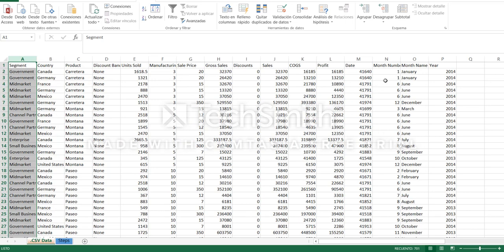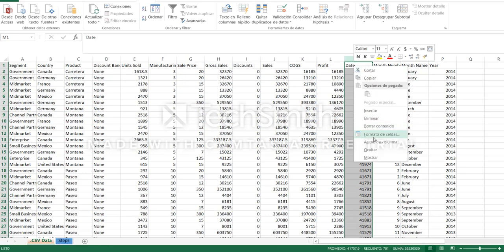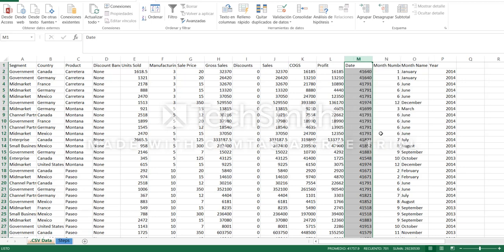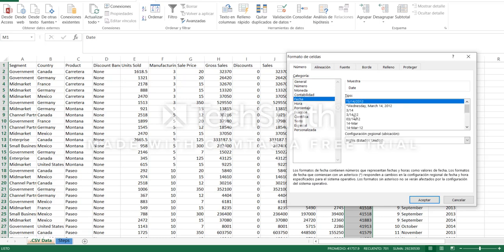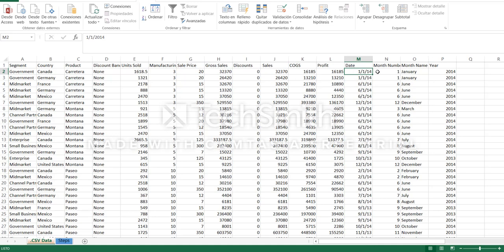Now we have to check the data format. As an example, if you check this date, this value doesn't make sense. So we are gonna put format on the cell, and we are gonna use data format. So you just right click, go to cell formatting, and in this window you are gonna choose date and use your favorite format. For me, I'm gonna use this one. You click OK, and now we have our date.